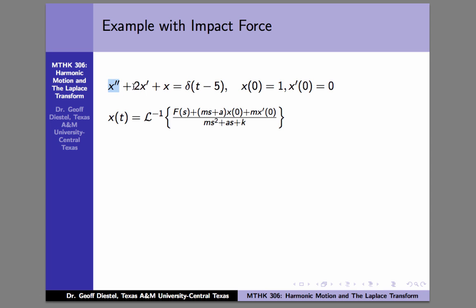Our a is 2 because of this term, and our k is 1 because of this term. Our x of 0 is 1, and our x prime of 0 is 0, so we can plug all these things in. And we know that our solution to the initial value problem, all that we have to do is compute this